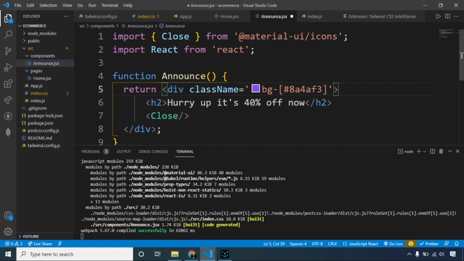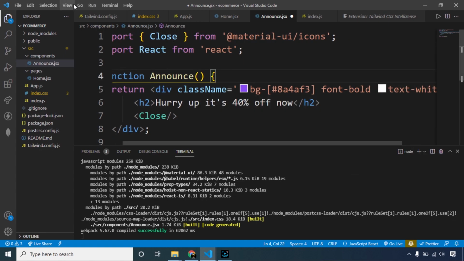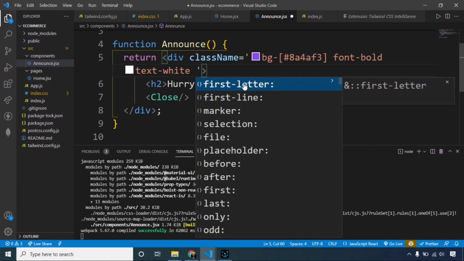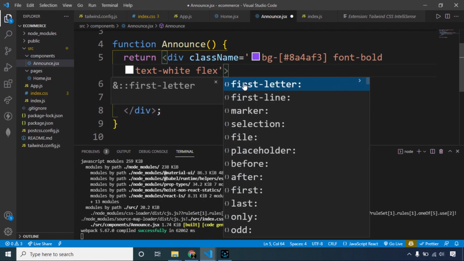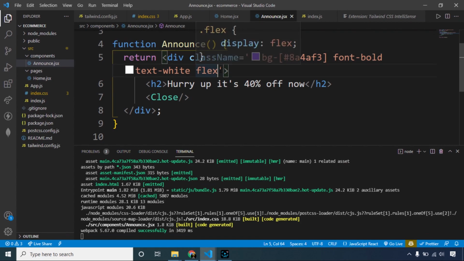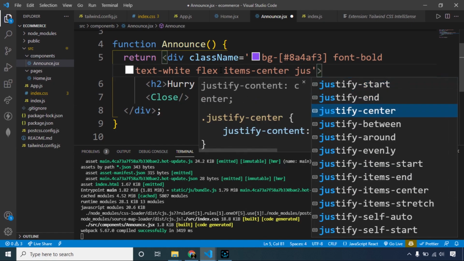Now the background color of my div will be this, and its font, sorry, it is out of quotations, and my font bold. So next what we have to do, text white, and I should open the word wrap so it will look more clear like that. Text white, display will be flex, and just see what happened now. But yeah, it's okay now. Now inside my flexbox, I should center my items, like items center, justify center,